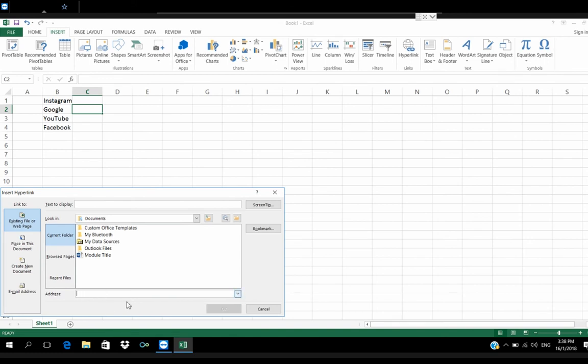Under the address here, I'm going to type www.google.com, and you will notice Excel will automatically add http, which is hypertext transfer protocol. And now click the OK button.